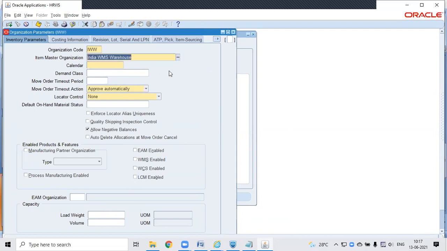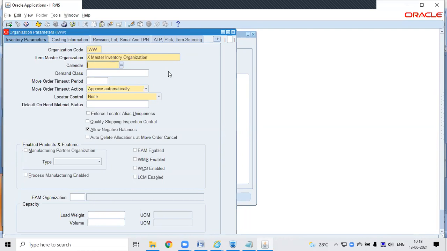Basically, master org actually varies from organization to organization. A few organizations used to create one master org across the globe. So all the items which they created, they just assigned to one warehouse, one master org, and that is also your master org, and maybe sometimes it is your validation org as well. But there are also a few organizations which created a master org specific to the country. So each country may have a particular master org.